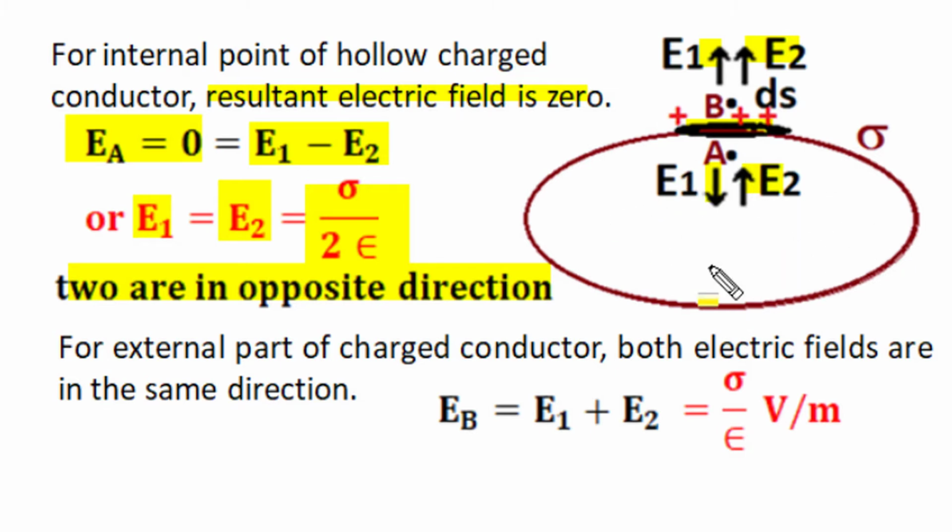That's the property of all charged conductor surface. Now for this external position, the two electric fields come in the same direction, so the resultant electric field at external position is the summation of two electric contributions. The electric contribution of the elemental surface charge area is sigma upon 2 epsilon, and the remaining charge surface area produces the same electric field at B position as it is produced at position A, and that's also sigma upon 2 epsilon. So the resultant electric contribution of this charge surface at external position very close to the surface becomes sigma upon epsilon.